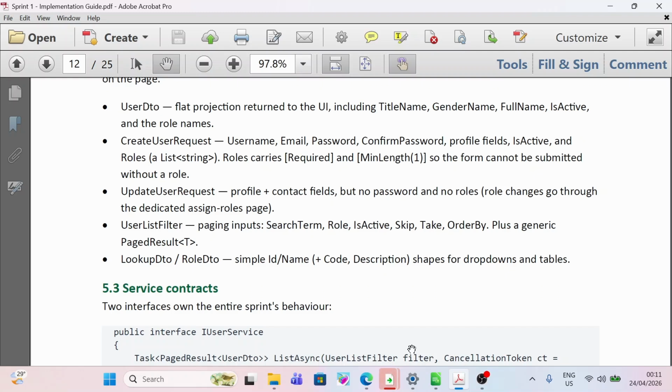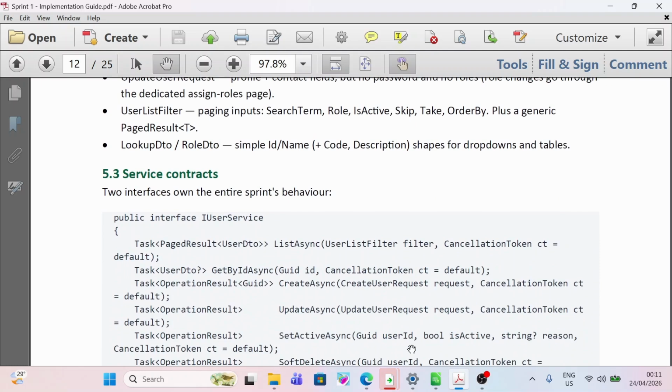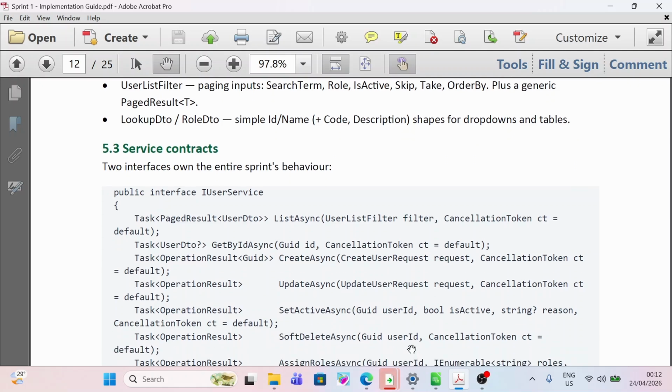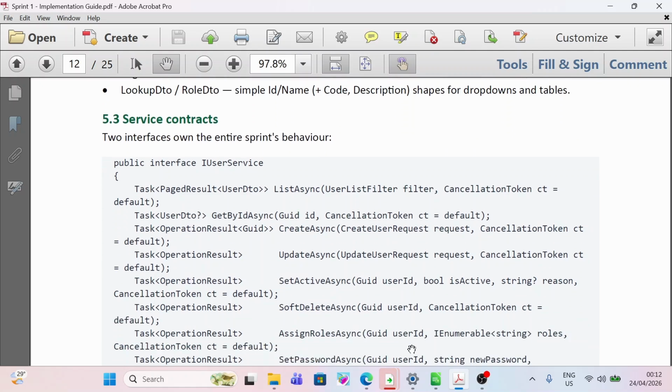5.3 Service contracts. Two interfaces own the entire sprint's behavior. public interface IUserService. Task<PagedResult<UserDto>> ListAsync(UserListFilter filter, CancellationToken ct = default); Task<UserDto?> GetByIdAsync(Guid id, CancellationToken ct = default); Task<OperationResult<Guid>> CreateAsync(CreateUserRequest request, CancellationToken ct = default);